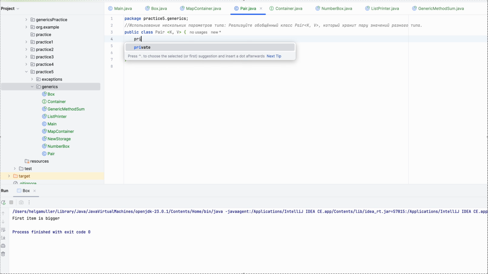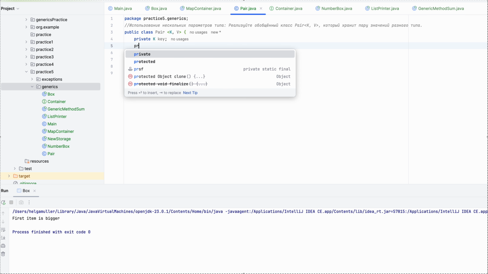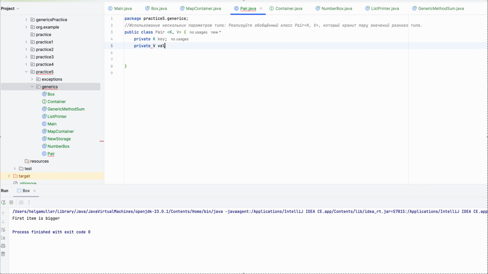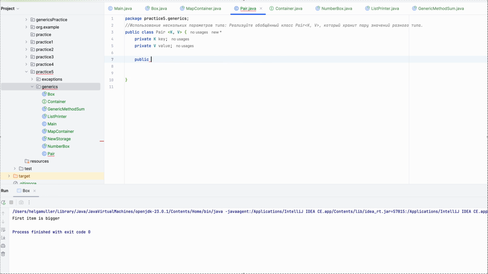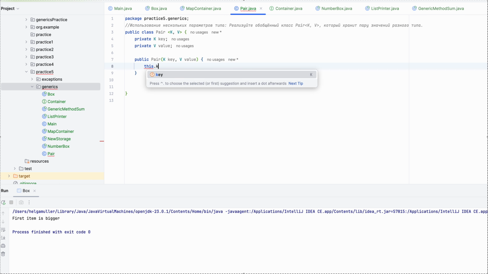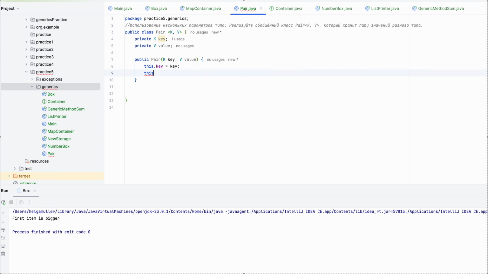And so yes, private K key and private V value, and let's create public Pair K key and V value, and so this key as key and this value,